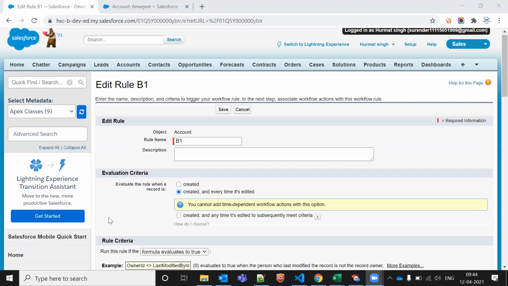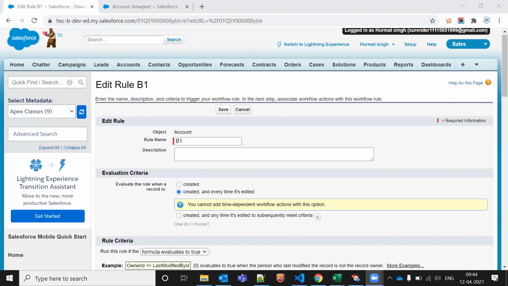Okay, so can you please tell me all the actions in the process builder? There are, I think, seven actions in the process builder. Create a record. Then we have field update, and invoking the Apex classes. Can we create the record in cross objects?